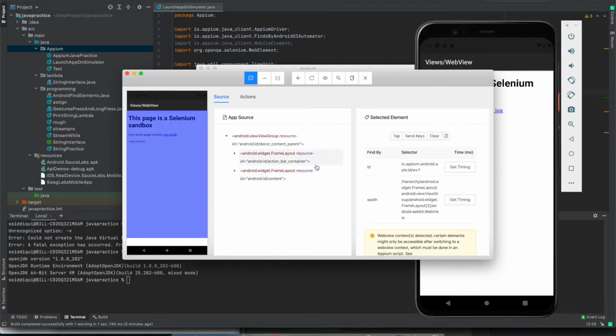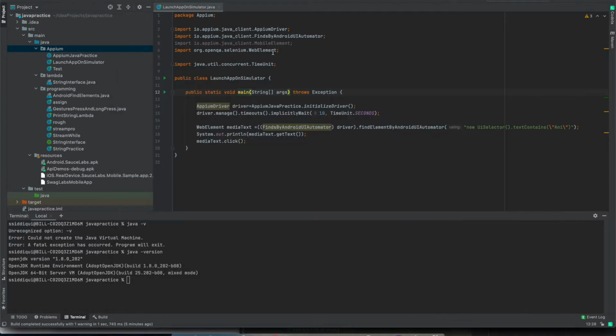I mean, it will be very tricky. So there are other processes from which we can identify the elements in web view. But even if we want to interact within the web view, it is not possible directly. First we need to change the context if I want to perform some actions in web view. So let us go and write how we can do that.